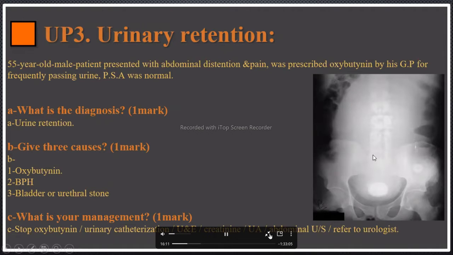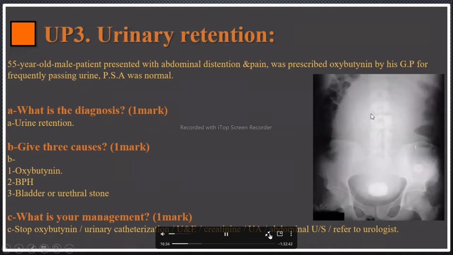Stone. Urinary bladder stone. Opacity here. You are talking about this one? I am talking about opacity in the abdomen. So opacity here is because of bladder swelling, and the bladder swelling is because of retention, and retention here of